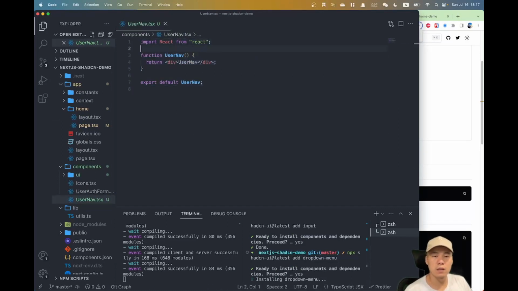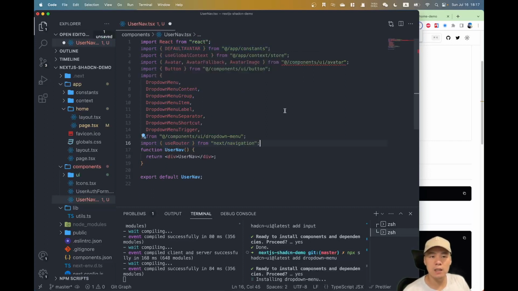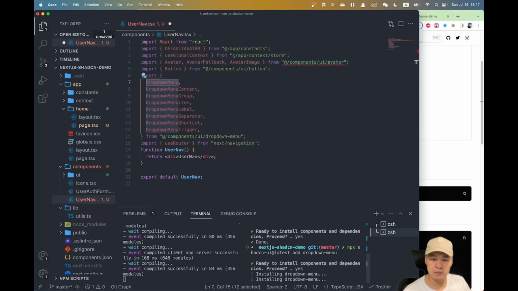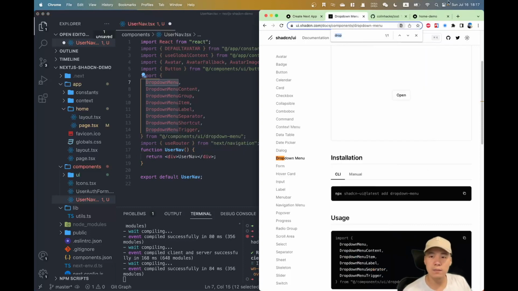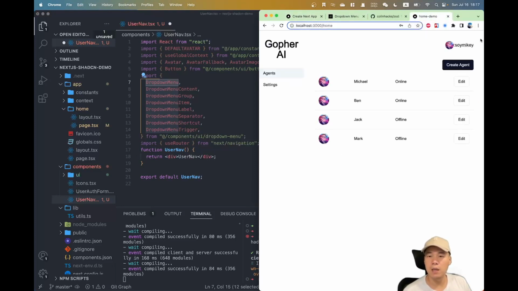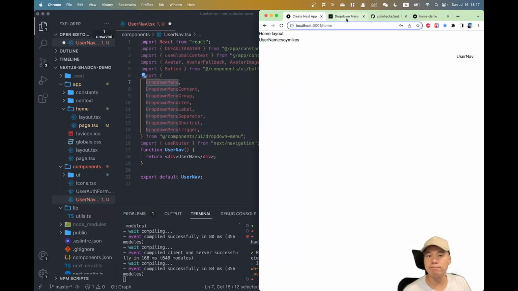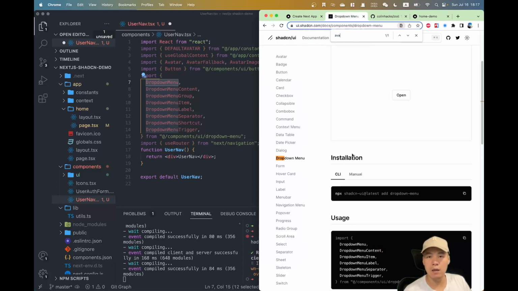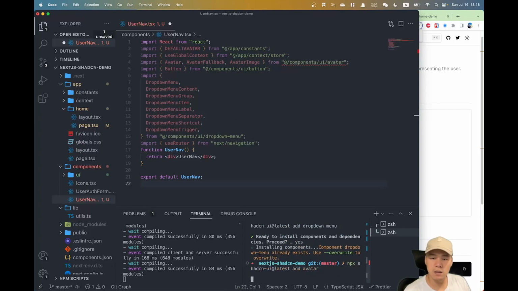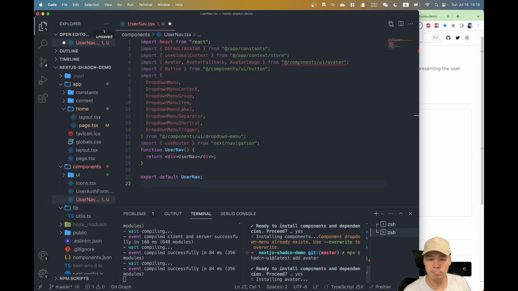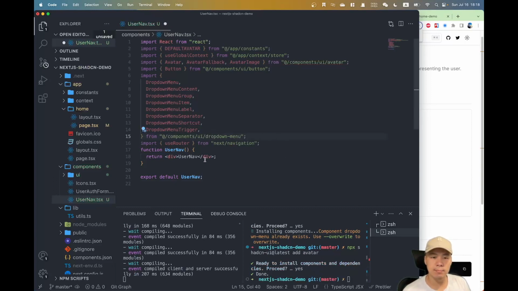So on here I'm gonna import all necessary stuff like global context, avatar, and the drop down menu. It should work, and we need to have an avatar, because here we want to have an avatar UI. Avatar, yes. Okay, so